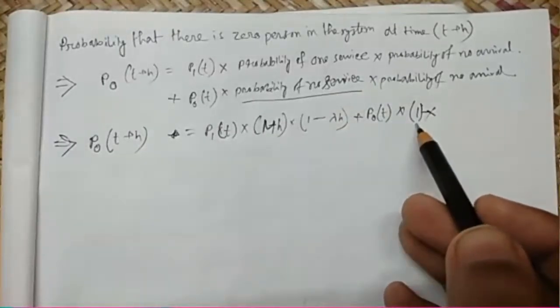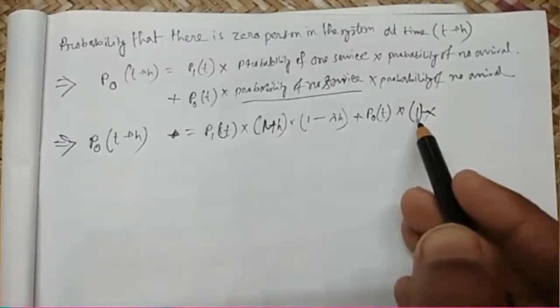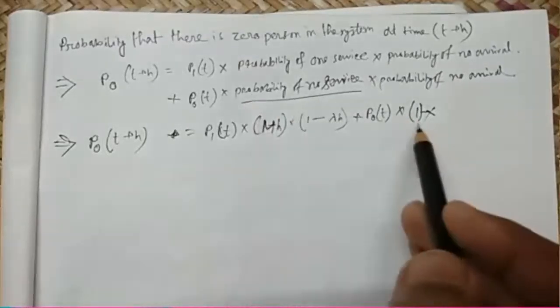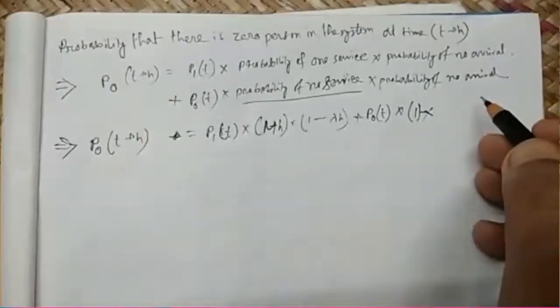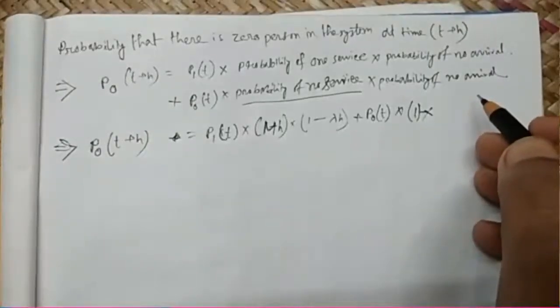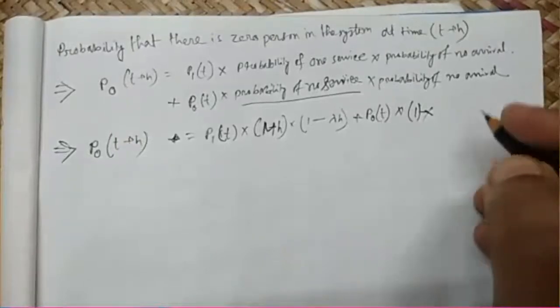Is it clear why we are writing the probability of no service as 1? Yes, sir. Okay, into the probability of no arrival, which is 1 minus